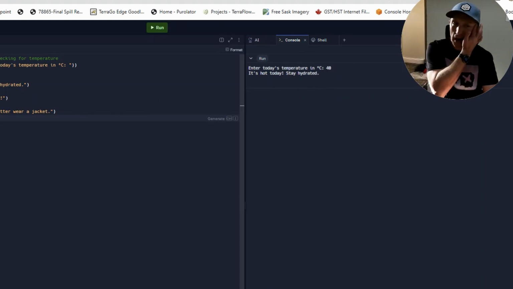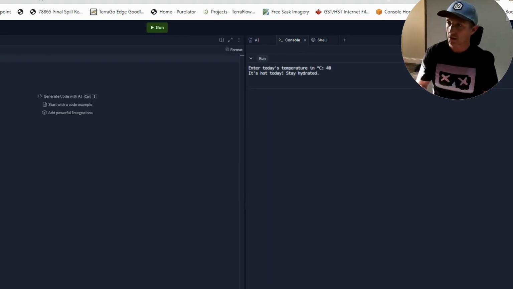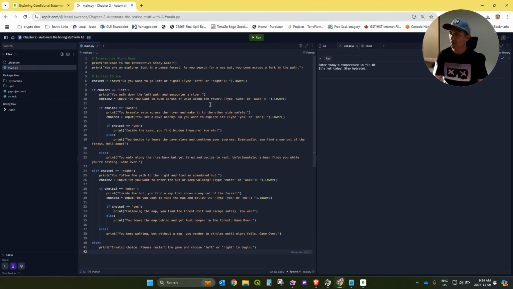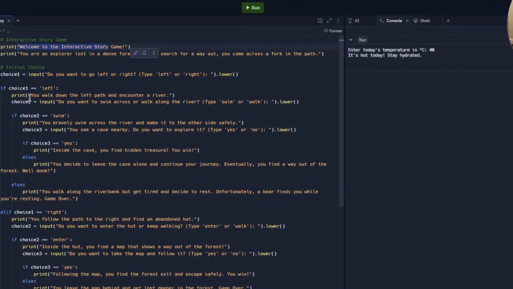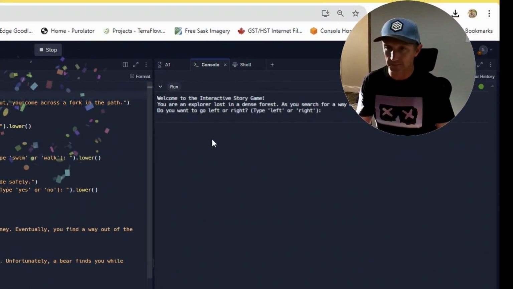So what I want to do is get AI to make a slightly more interesting version of that. I just said, ChatGPT, could you make me an interactive story game code? Like a choose your own adventure type thing, which I think is kind of a neat deal. This is the first thing that popped out, and I'm going to put it in here. It's made an interactive story, and I get to choose what's going to happen. So let's just see what that looks like.